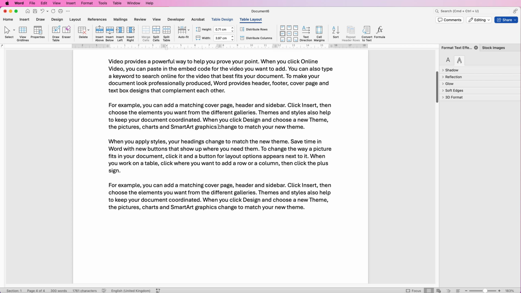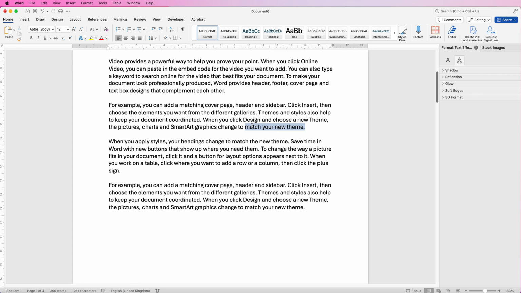So those are your shortcut keys, and they make my life so much quicker and easier when I'm using tables. The next thing I want to show you is about quick selection. So instead of sometimes clicking and dragging across a particular sentence, this can be anywhere in a table, in text, and sometimes you select it and you don't get the words quite right and you're dragging it to the end. The quickest way to do it is click at the end of your text that you want, hold down your